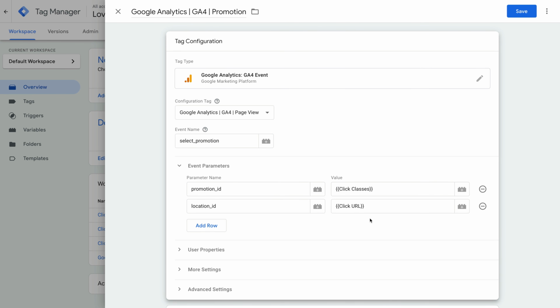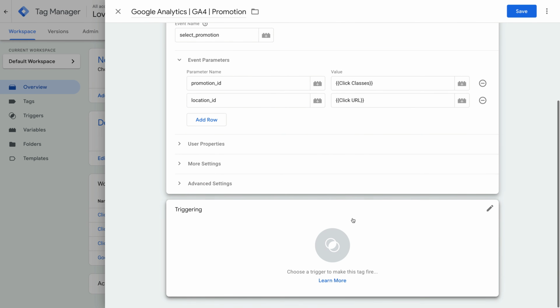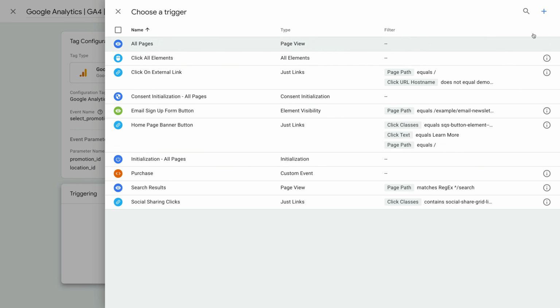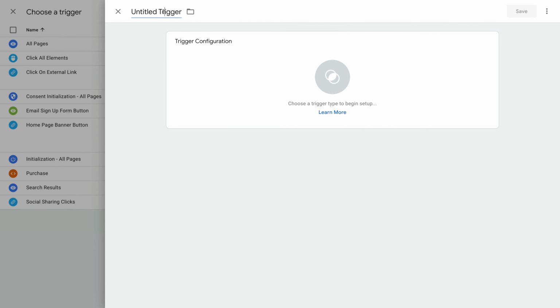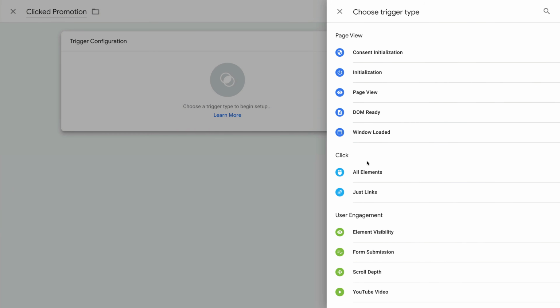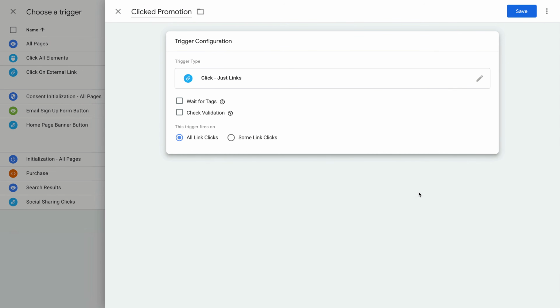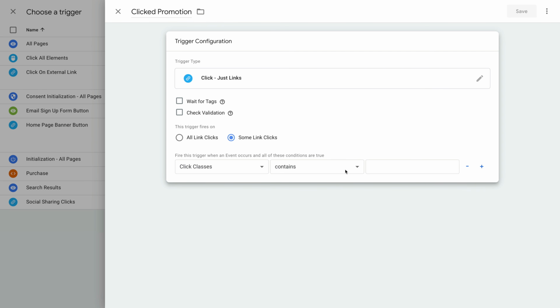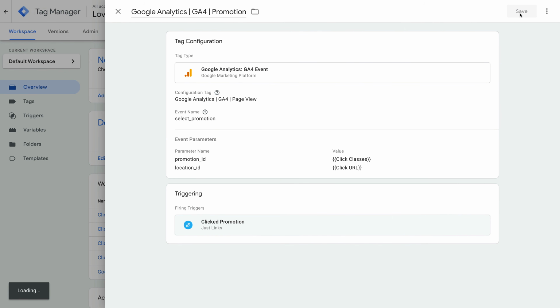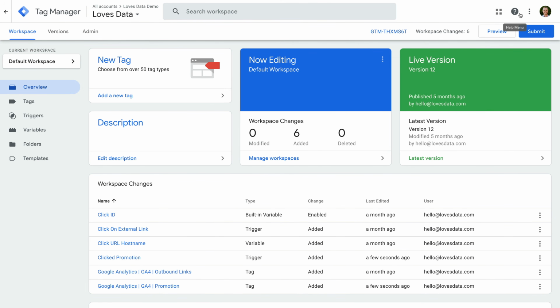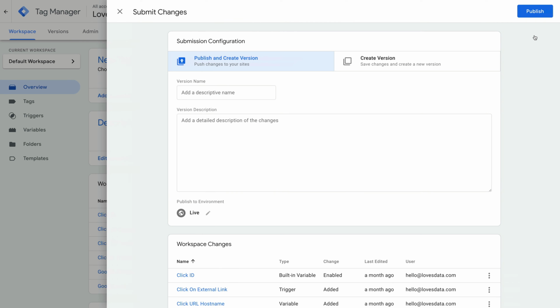Now we just need to add a trigger to fire our tag when the promotion is clicked. We can then save the tag